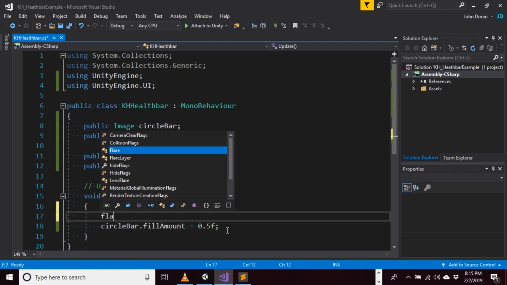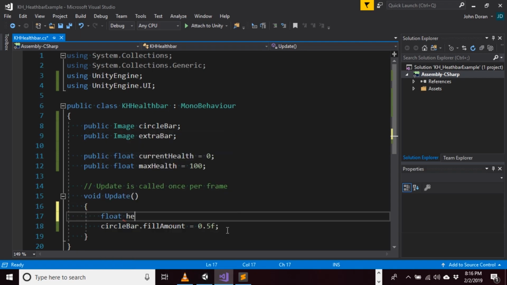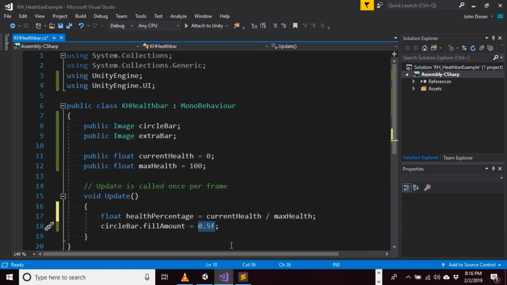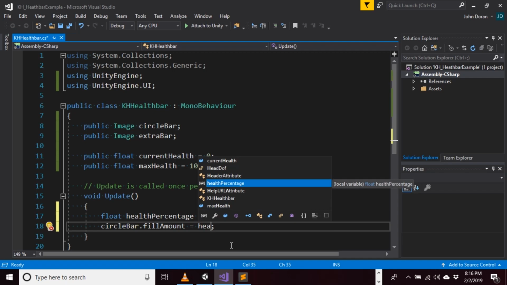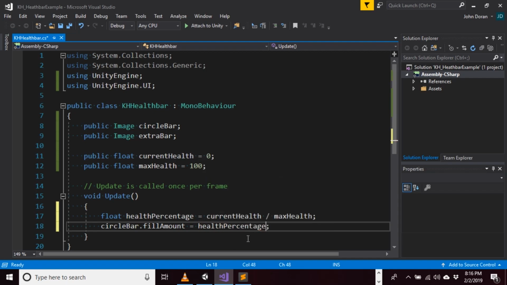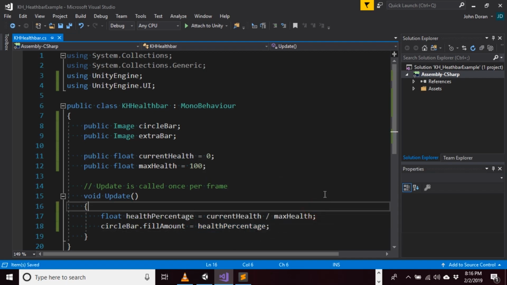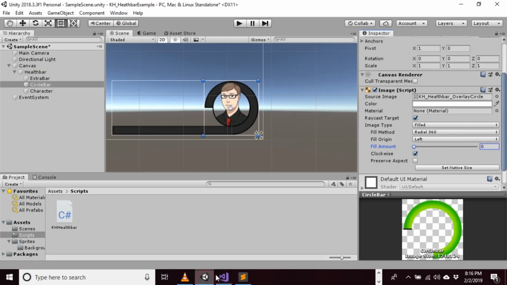I'm going to say float health percentage is equal to current health divided by max health. And I'm going to change it so that health percentage is used here. I'm going to save the script again. And now, when we play the game,